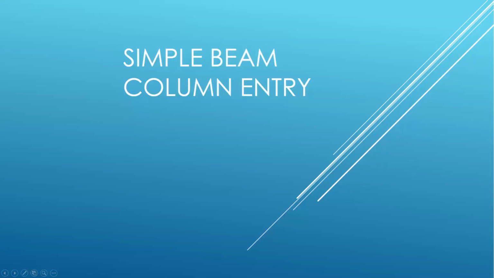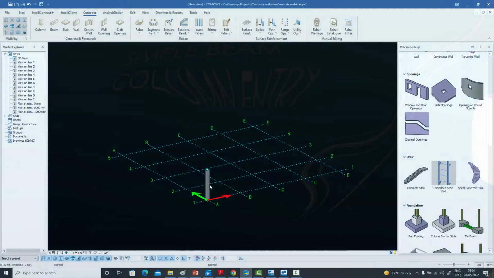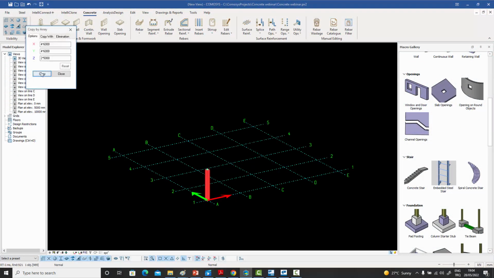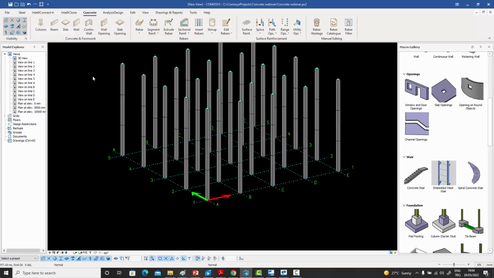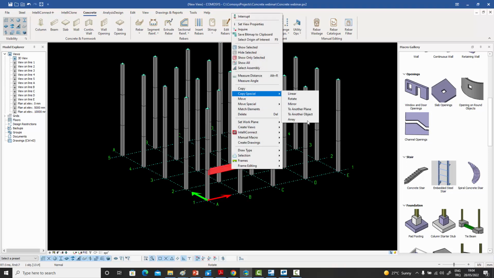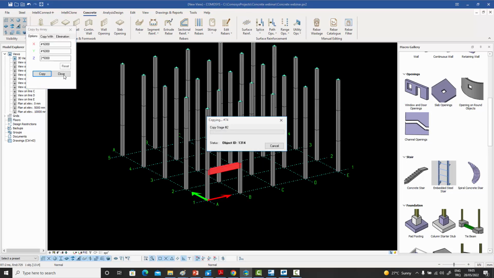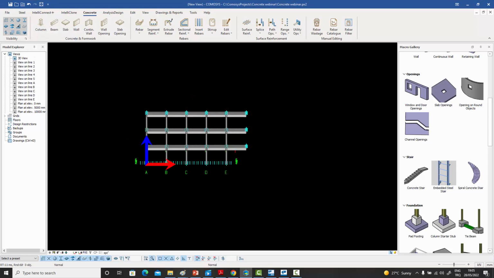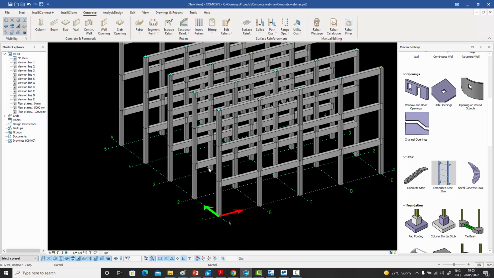Now let's create some simple beams and columns, and this is not really the area in which one program would typically excel over another. We can just copy a column around, for example. We can enter some beams, use the same copy array command to copy it across the columns. Obviously got one more copy. If you use the same numbers, I can delete the last part, which is extra, and I can then zoom in and